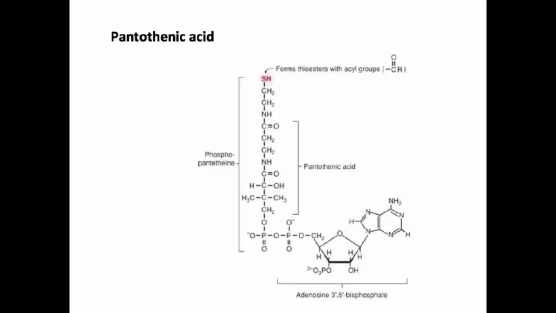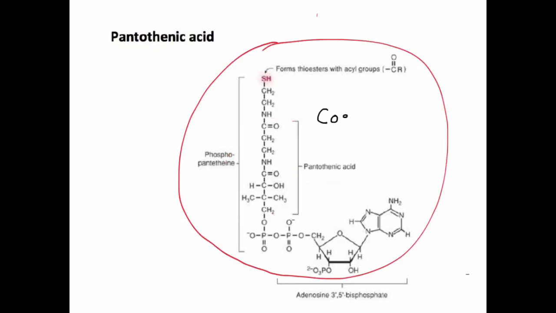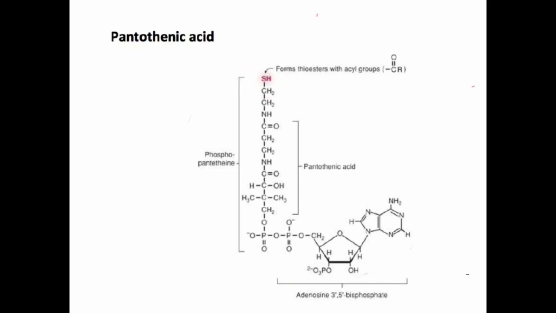Pantothenic acid is required in the diet for the synthesis of coenzyme A. So this part of the molecule is pantothenic acid, and if we have that in the diet, we can form this, which is coenzyme A. And again, notice that we have similar additions to the molecule, phosphates and adenosine. But in this case, we also have a thiol group. The sulfur here is the important part of the molecule because that sulfur can react with a carboxyl group to form a